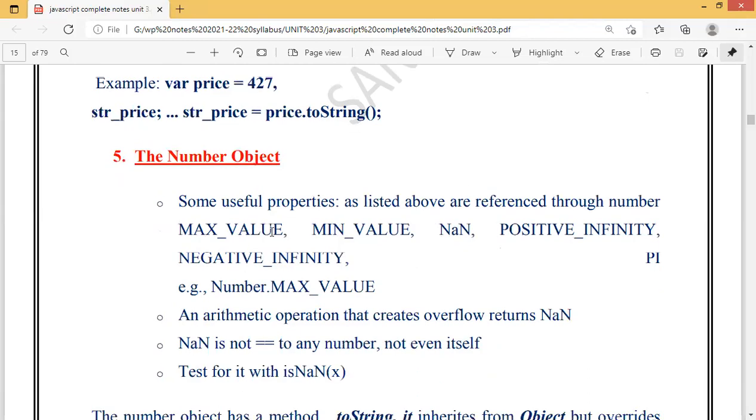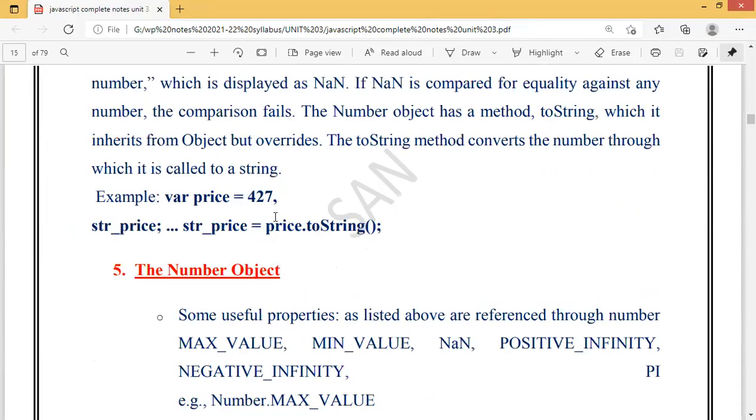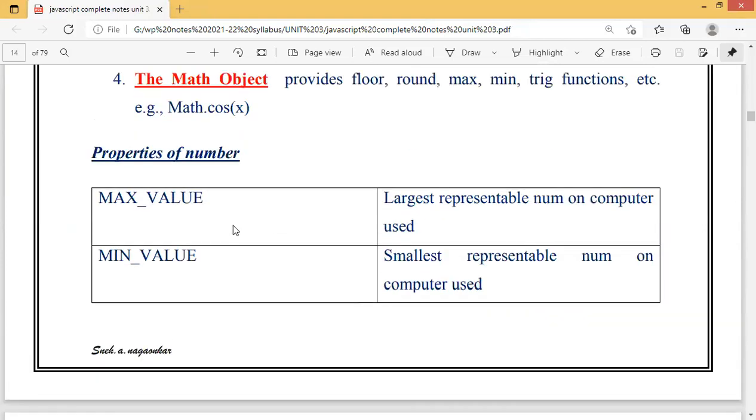The next object is, students, the Number object. Here there is some typing mistake, students. These properties are the properties of Number. These are not the properties of the Math object. So I will rewrite these notes and send them to you today itself. If you have written, just make some changes in that. That's why I told you not to write until I give you the questions. Once I discuss the questions, you start writing that.